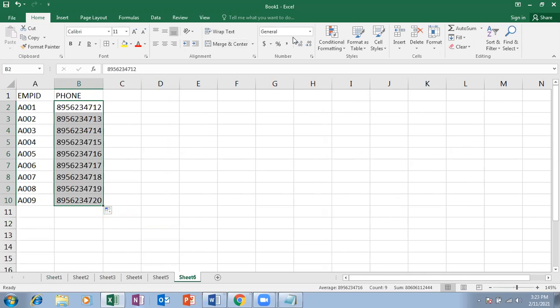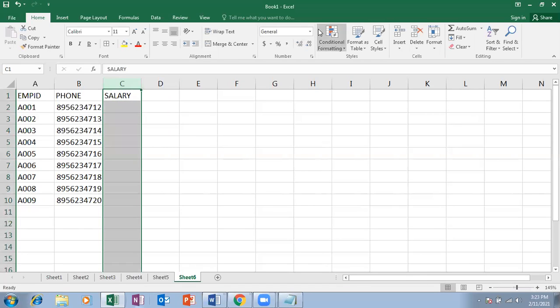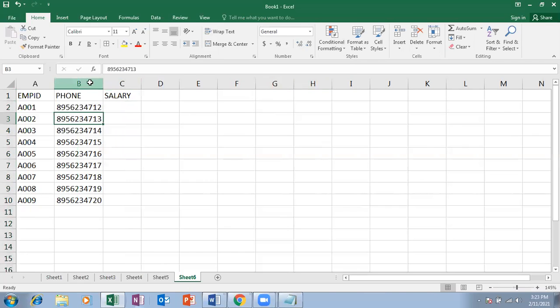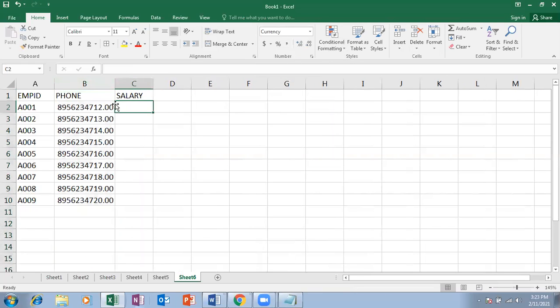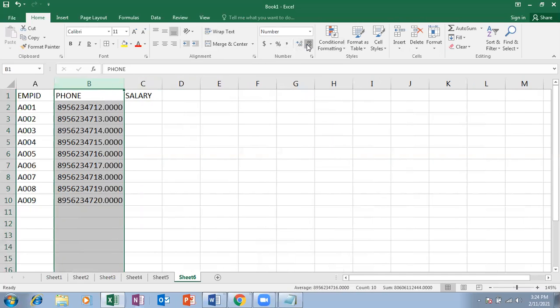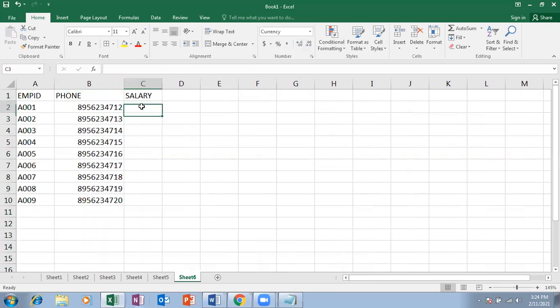Clear? And then here, currency. I'm going to enter salary here. So I select this column and take this as salary. This is number, and here I'm going to enter salary. Once I convert to number, I get 2 decimal places, where I can increase the decimals here and decrease the decimals here. And this salary means currency format. See, whenever I click on the cell, it shows that it is currency formatted.